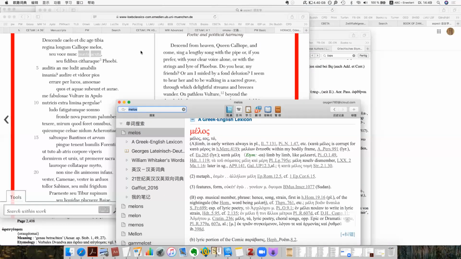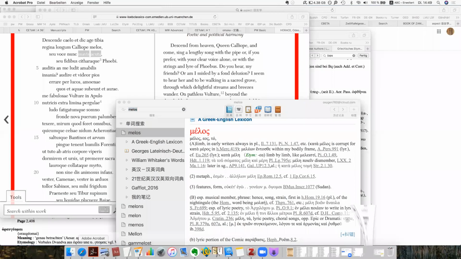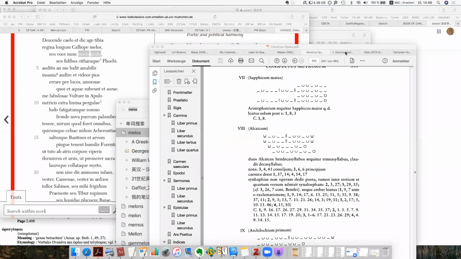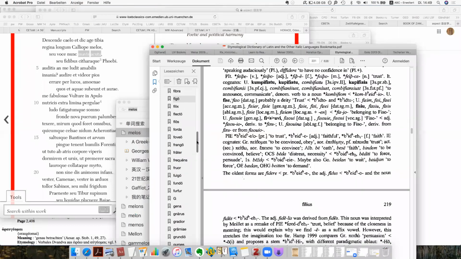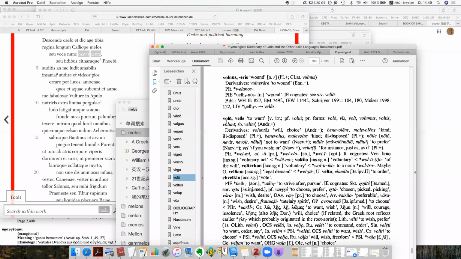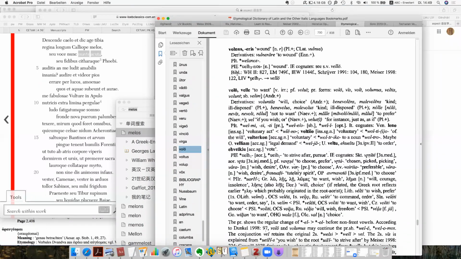Okay, so the verb here is actually mon-e-ā-s. And what is the meaning of mon-e-ā-s? Mon-e-ā-s actually means prefer. But mon-e-ā-s is actually a compound. And it comes from, we can check the etymological dictionary by Michel Devon. If you want to check mon-e-ā-s, you need to first go to volo, and volo is the basic